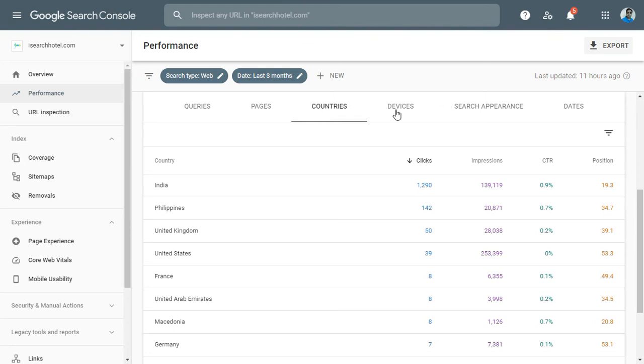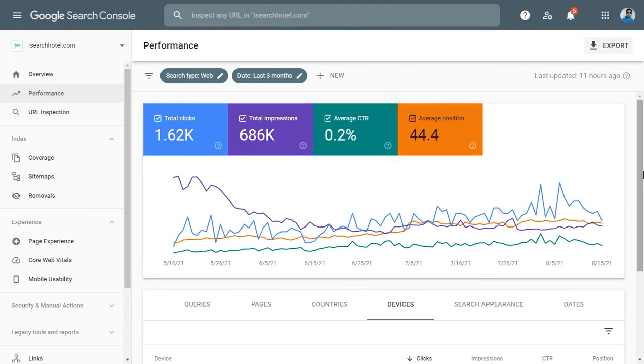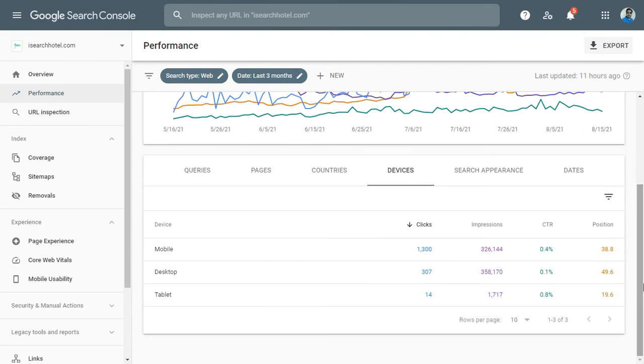You can also have a device report, showing what devices my website is being shown on. Mobile is being used vastly, so I am getting major traffic from mobile. It might be that my website is optimized for mobiles. If you are not getting traffic from mobile, you might have to work on the mobile aspect of your website, on responsiveness and mobile friendly behavior. So this report tells you where you are heading and what you need to do if you are heading wrong.